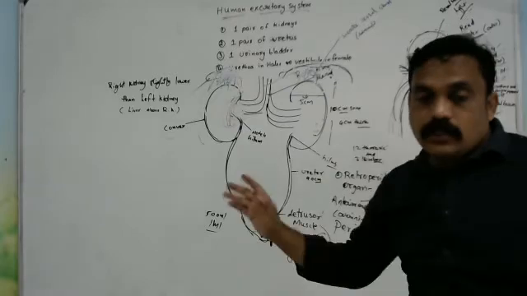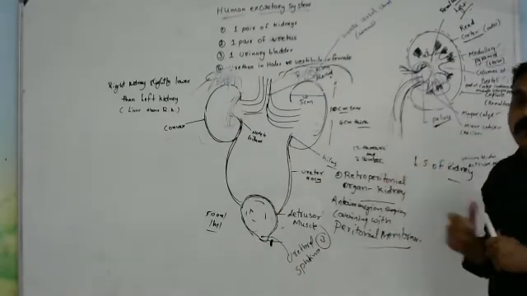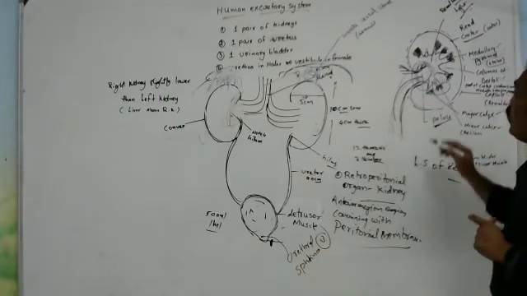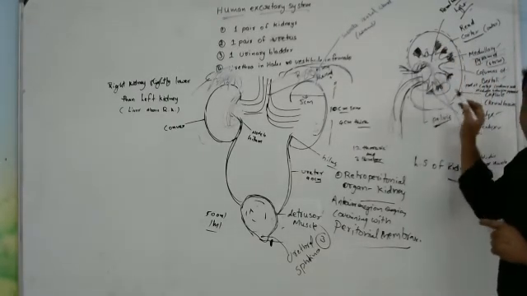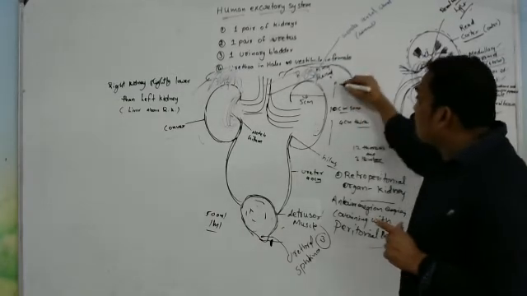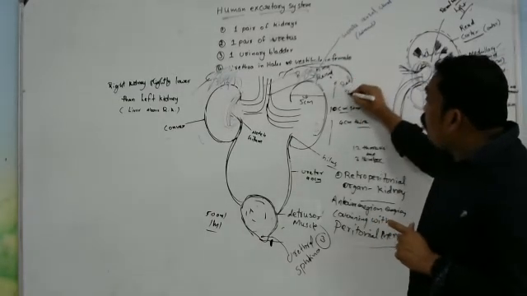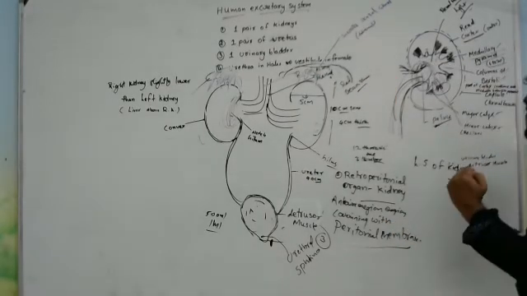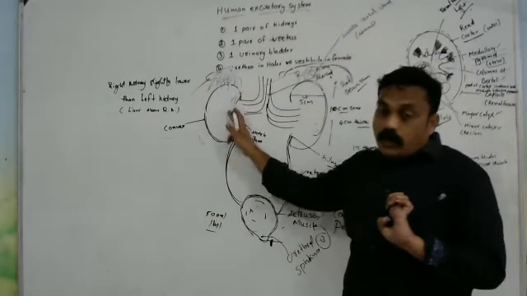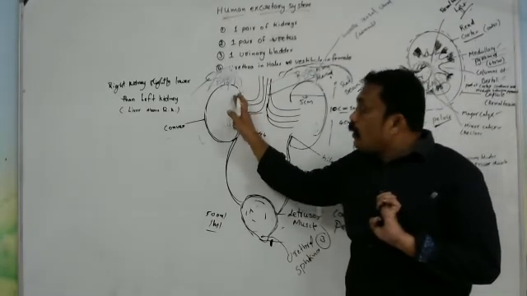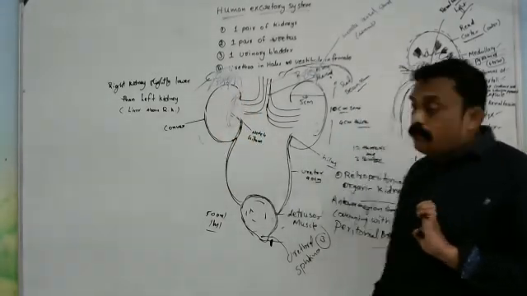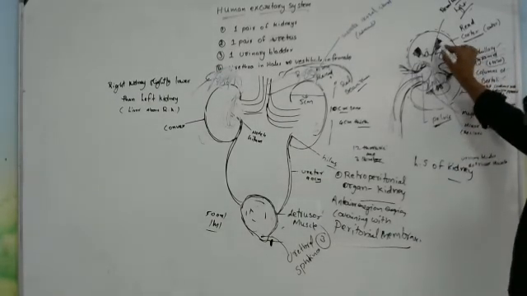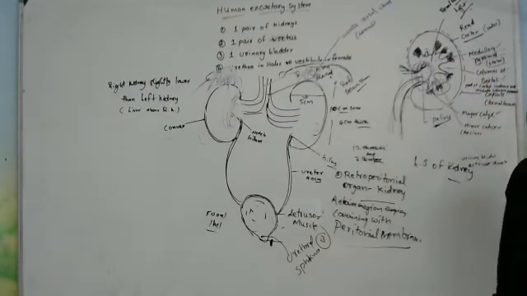So that is the external structure of the kidney. Now if you observe the internal structure of the kidney, we already know it is red in color and a bean-shaped structure. The outside is convex and the inner side is concave. The kidney is divided into two regions.